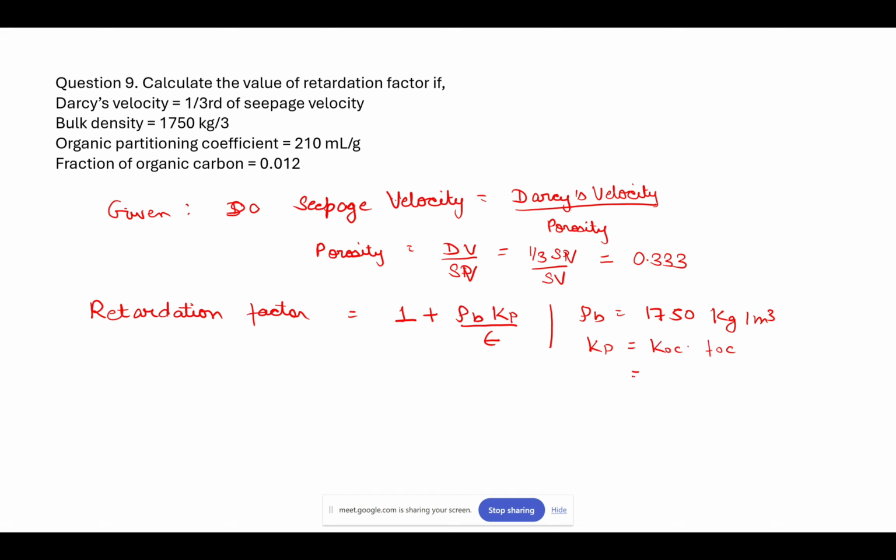KOC is given as 210 ml per gram, into the fraction of organic carbon, which is 0.012. So let's multiply this. It's coming out to be 2.52